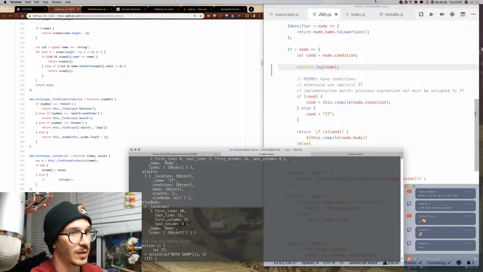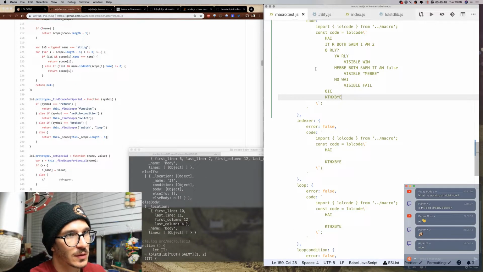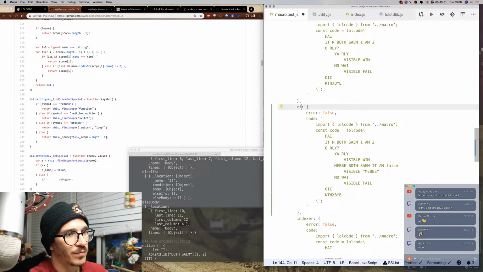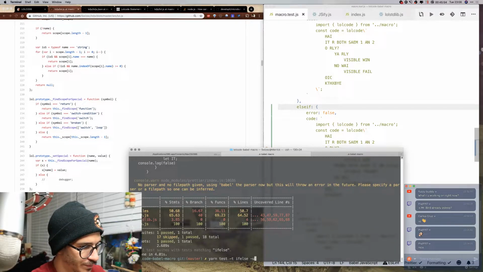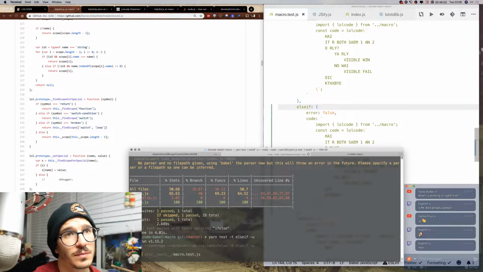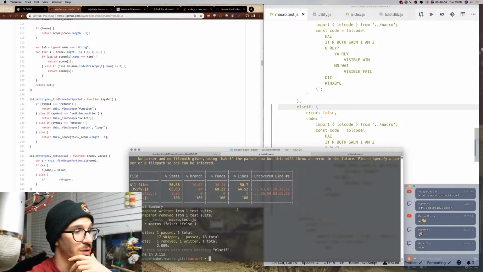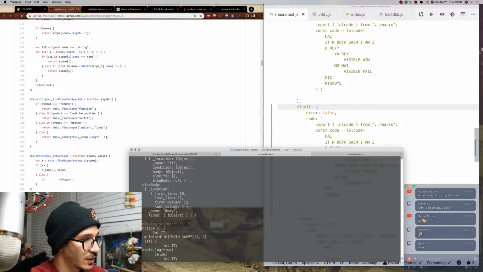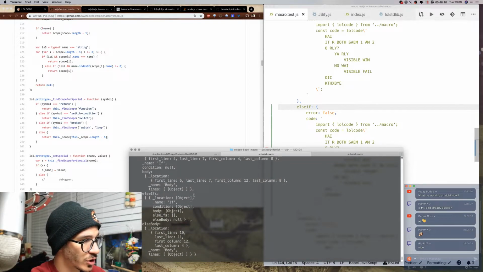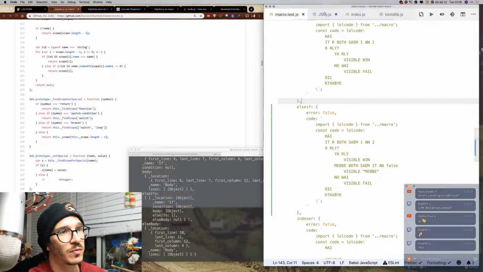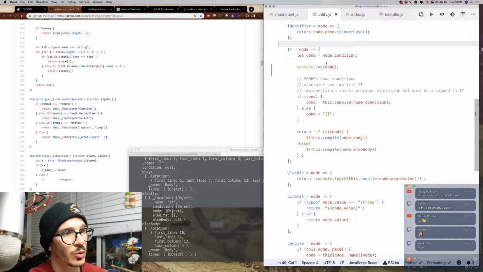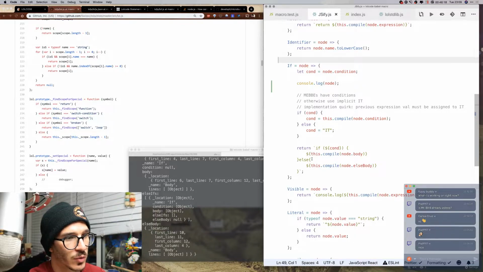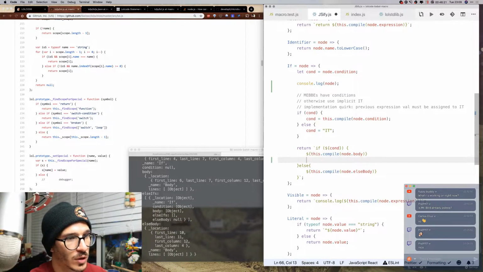Else ifs, or else if, not if else. Else if. So we're getting very close with this LOLCODE implementation, let's be honest. Let's see, so we now have else ifs, which are all examples of blah, of more conditions, which means here when we're rendering it, we're going to loop through